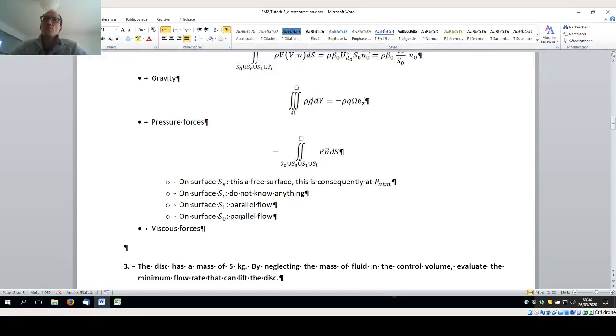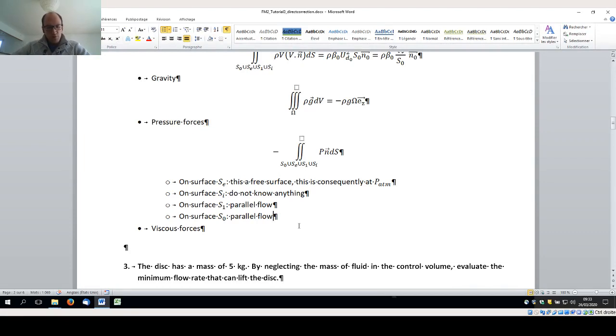Surface S0, this is parallel flow. When you have the flow in a cross section with parallel flow, this means that the velocity is parallel to the normal everywhere. We have one interesting property which tells you that in this cross section, S1 and S0 are cross sections, we know that,